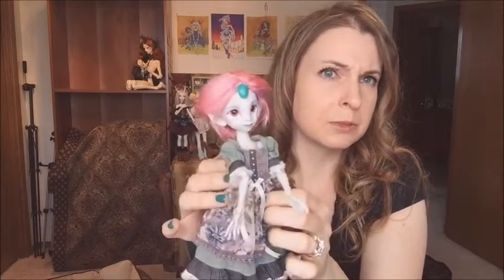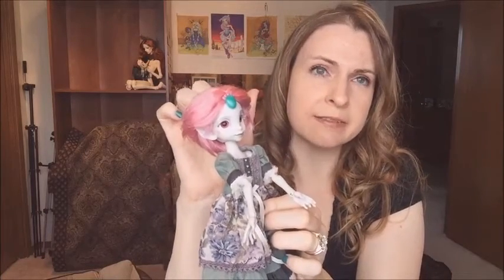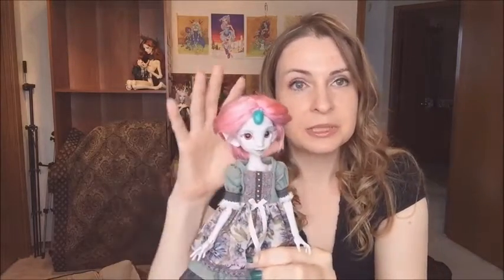It is a Rami fiber wig, which I guess is made from nettles or rose fiber. It's a plant fiber though, but I am very impressed with it. It's very easy to style and puff, and it'll kind of hold in different positions. If it gets messed up, it's just very easy to fix it again, because I'm always messing up my wigs. I'm moving my dolls around, they snag on each other. The wigs are always getting messed up. So this is really nice that it's so easy to just a little fluff and it's fixed. So that's great. This is my first experience with that fiber,